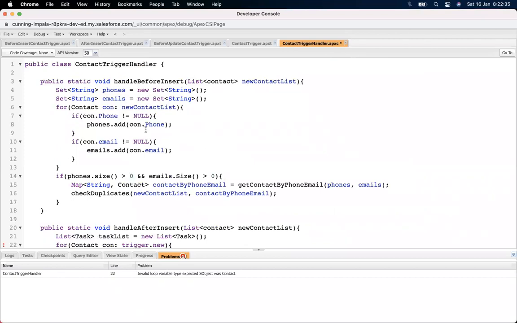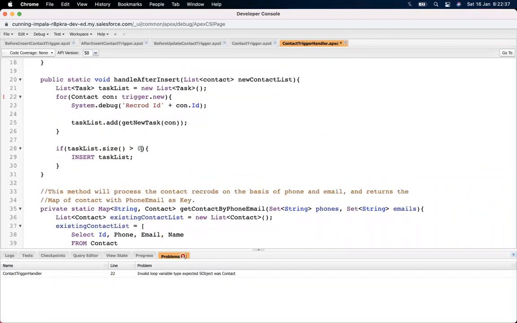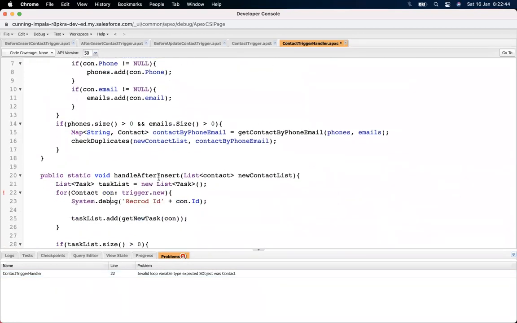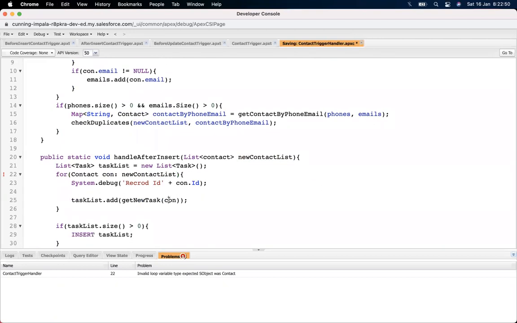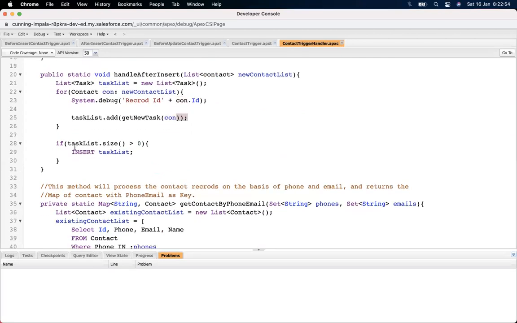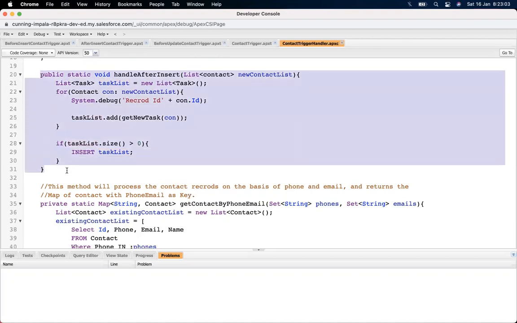instance and put that instance into our list, and whenever the instance is completed, line number 22. Oh, sorry, it should be this one. So whenever I pass the instance completed, it will be added to the task list. And once it is found that there is some element in the task list, it will get inserted. So that's the thing. No issue in that. It will do the same thing.